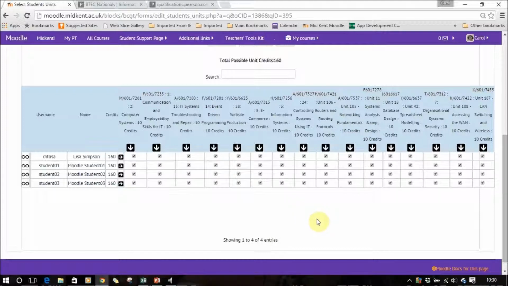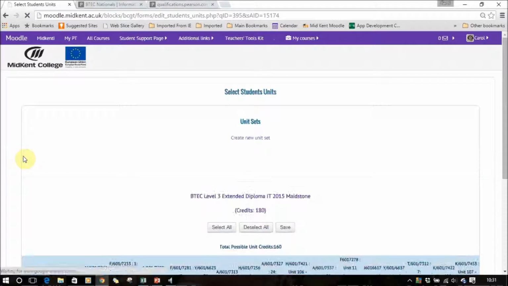And you've got the unit name along the top, you've got the names of the students, so you've got a choice here. You can, if it's correct that they're on all those different units, that's fine. If there's any differences where students aren't, you can untick individual students. You can untick a whole row and say no students are going to be doing that. You can set up one student that is correct, and then use the little icon here to say copy this student to all the other students on the grid, and that sets them all up correctly,